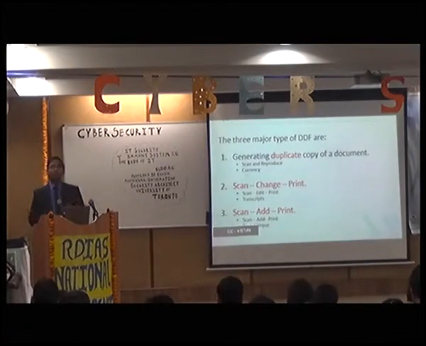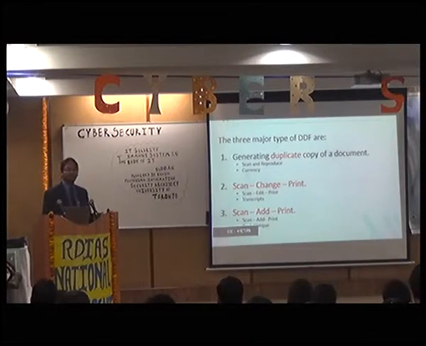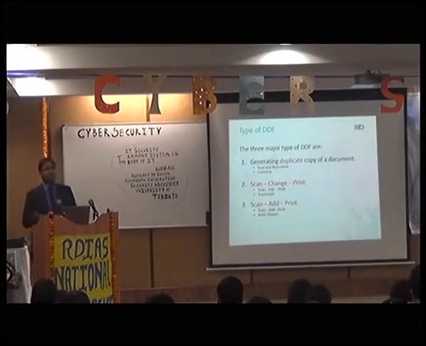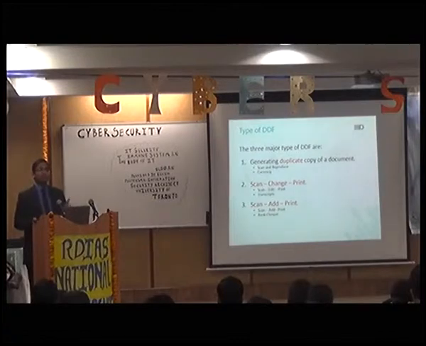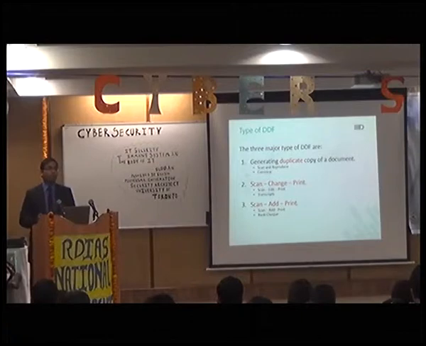A document which we use in our real life can be counterfeited, and counterfeiting can happen in multiple ways. Let's say I have a 500 rupee note. I'll probably use a scanner and then print it after scanning. I'll not print a 600 rupee note, right? I'll just replicate the 500 rupee note. I will make multiple copies, because replication has value. Whereas if I don't have a license and my friend has one, I'll scan his license, change the photograph, change the name, and make one of mine.